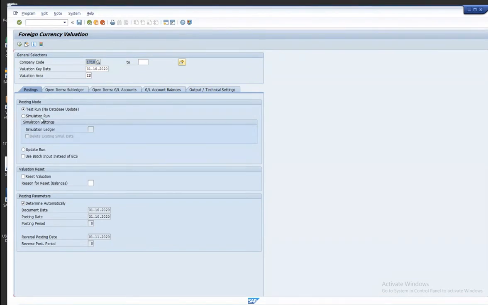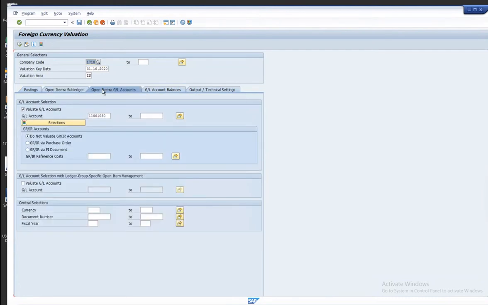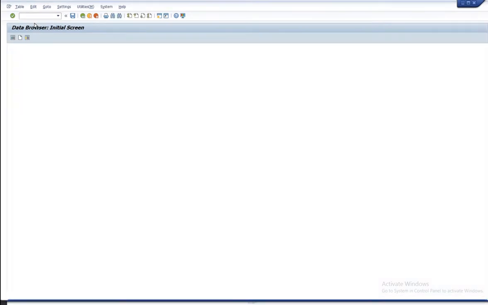Here I selected test run, and I gave this vendor number, customer number, and GL account. I just want to open the tables parallelly so that we can see how it will impact.